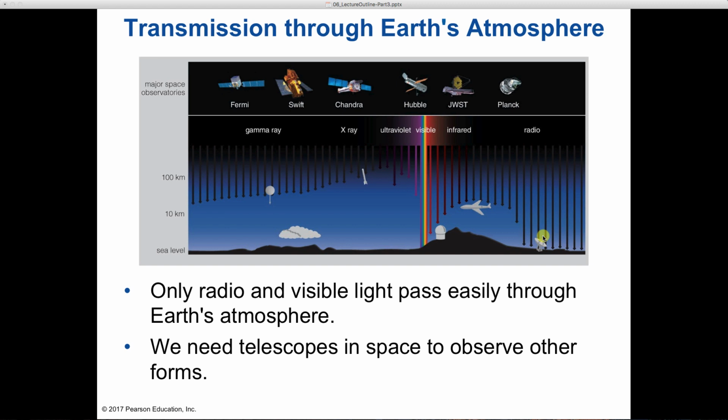So we talked about how the size of a telescope affects the angular resolution and the light gathering power. But in terms of angular resolution, there's also an effect of the wavelength. And so the bigger the wavelength, the even bigger the telescope must be to get the same sort of angular resolution.